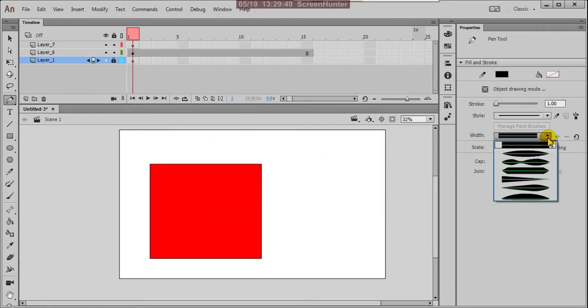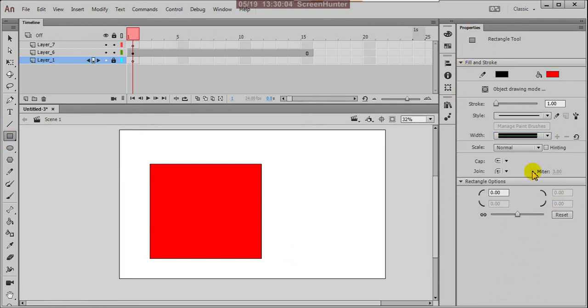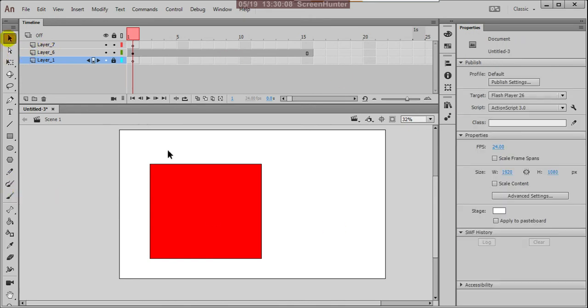You may already be familiar with this from Adobe Illustrator, but anyway I'll explain all these things. Click anywhere and the properties related to the tool will display.